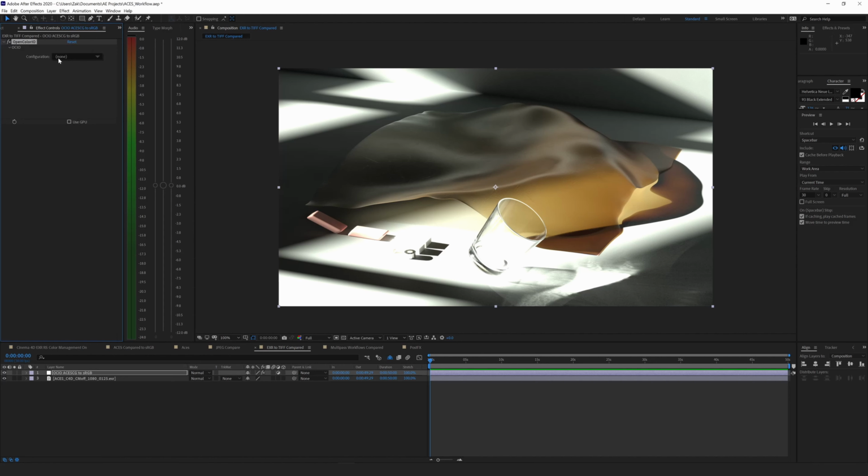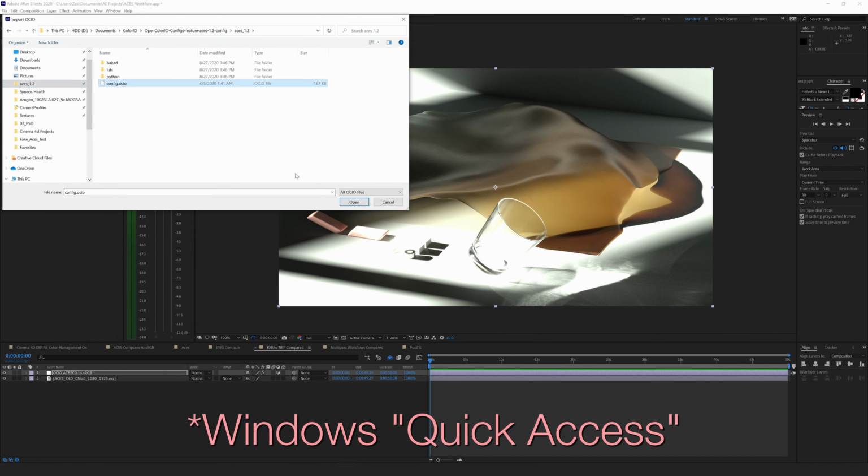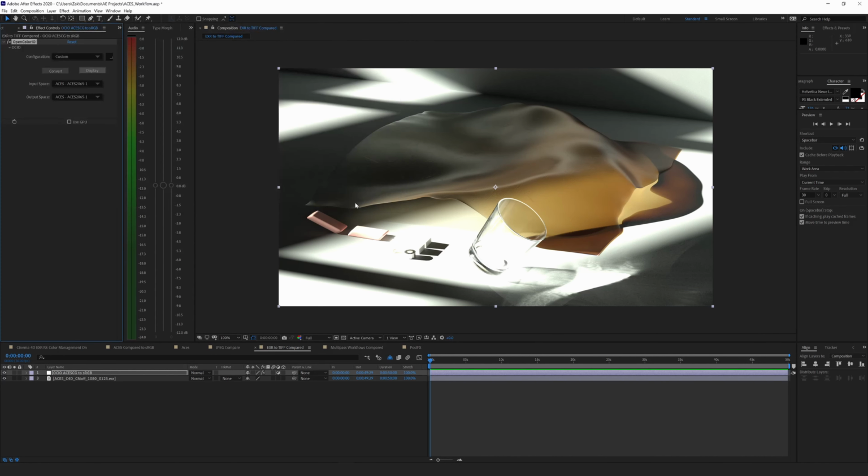Now it's the same thing here as it is in Cinema for me, where I don't have this set up to automatically just fill in the config file. I have to go search for it each time. So I have a space for it. I've just saved it into my presets and config OCIO. So this comes in with an input space of ACES 2065, which is the super wide gamut standard ACES color